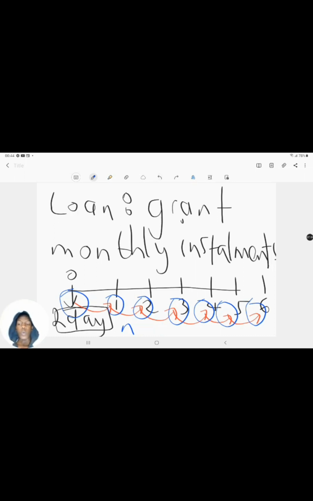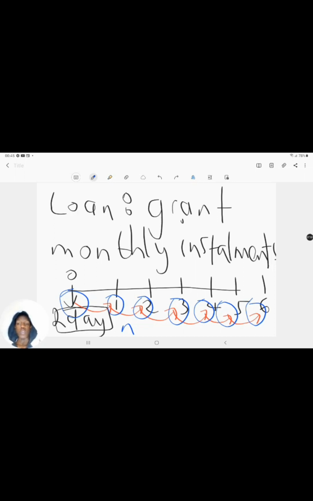In the real world, when you borrow money today, you don't start paying back the money today because you don't have it today. You're borrowing the money today. You're going to have to start paying it at a later date. The later date is usually the end of the first month, right? You can't go to the bank today, borrow money today, and the bank gives you the money today, and you start paying them back immediately. It doesn't make sense, right? So you pay back the money at the end of the first month